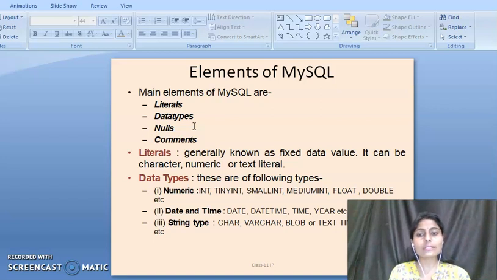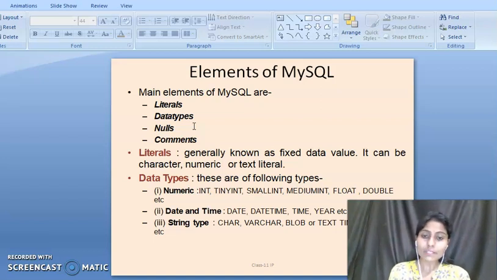Just like we know that pi is a value 3.14. Pi is a variable that always contains 3.14 in itself. Okay, so 3.14 is a fixed value for pi. So pi is a literal, and which type of literal? It is a decimal literal, or we can say a float literal, because it contains a decimal fixed value in itself.